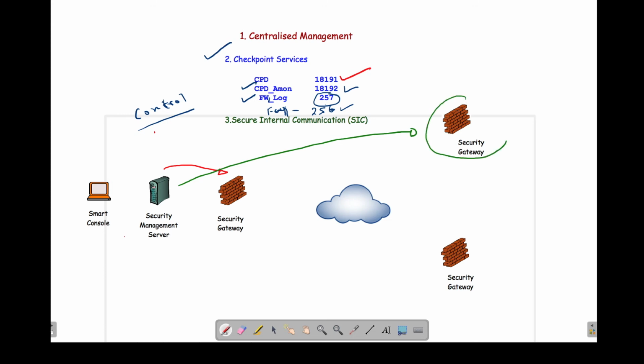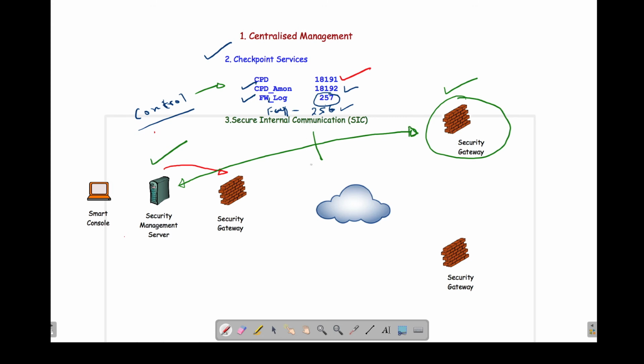How does the branch office 1 firewall know that it's really talking to the correct management server? So we want the management server and the security gateway to authenticate with each other before allowing a control connection.